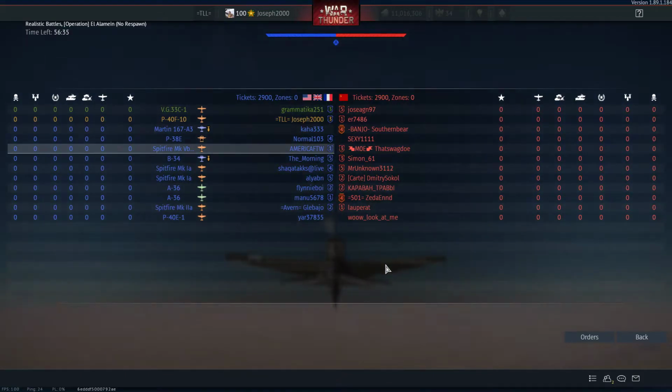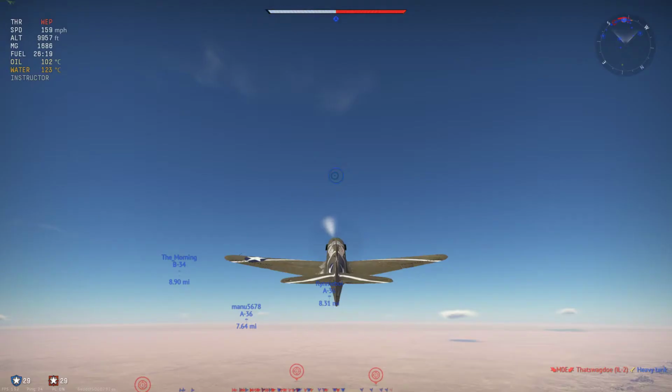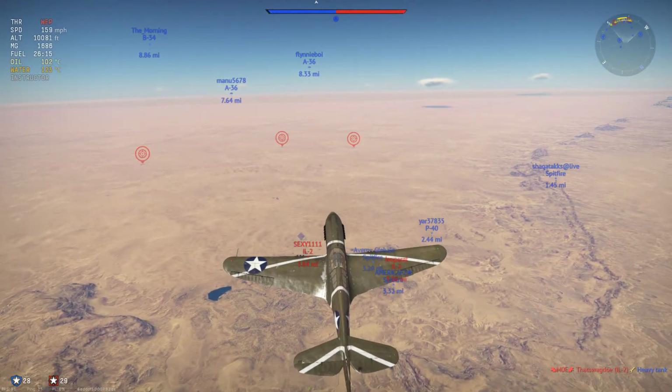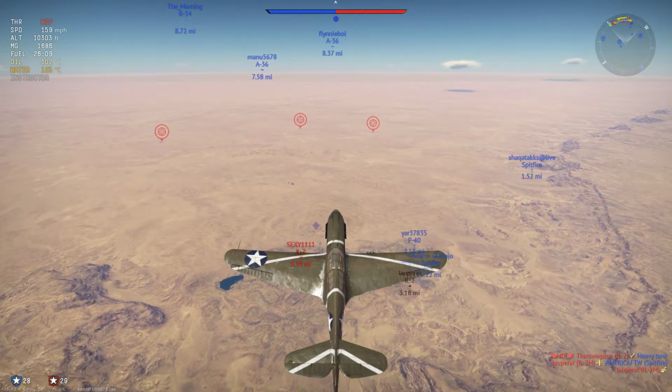So anyway, let's have a look at the enemy team. Any names I recognise? I recognise that swag though. That's a random name. IL-2, not my concern. I mean, he's a normal IL-2. And he just...